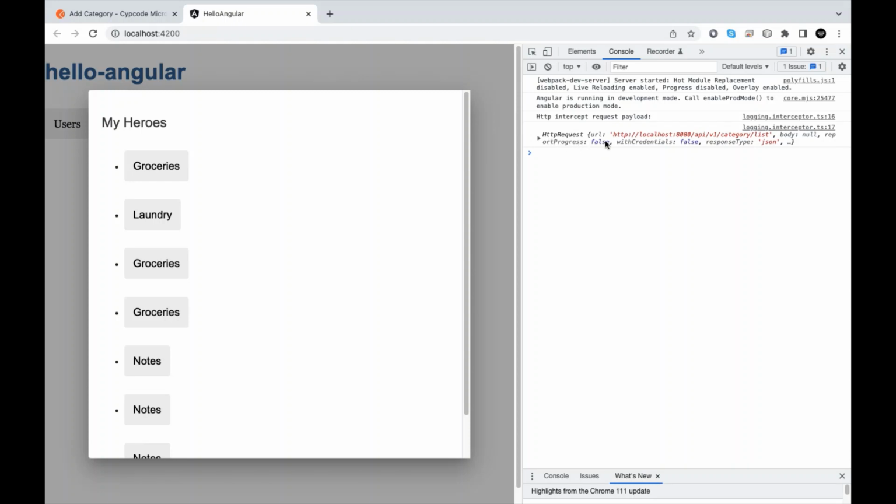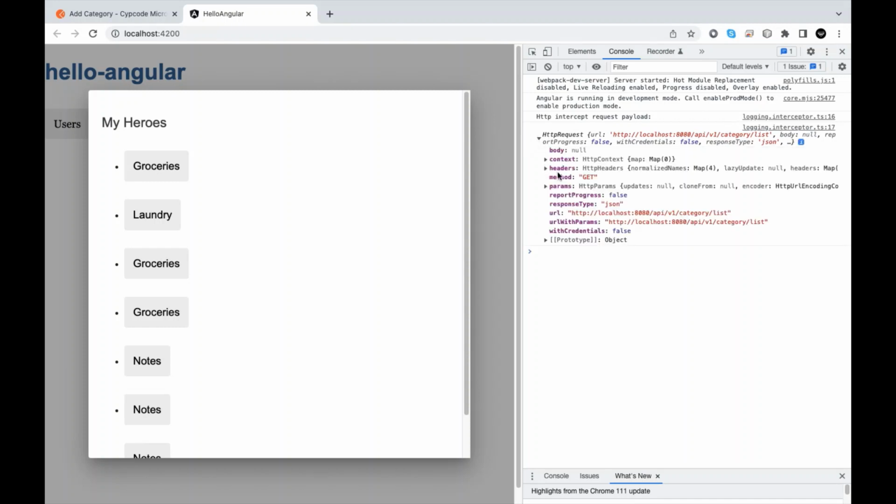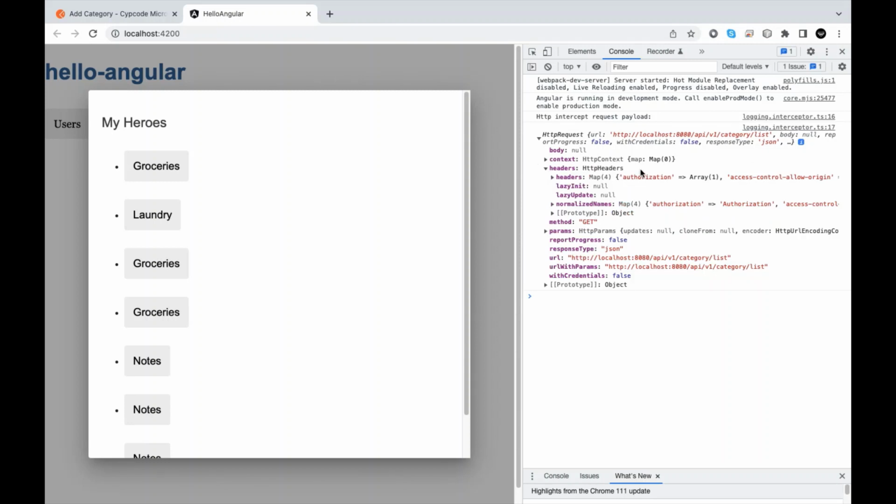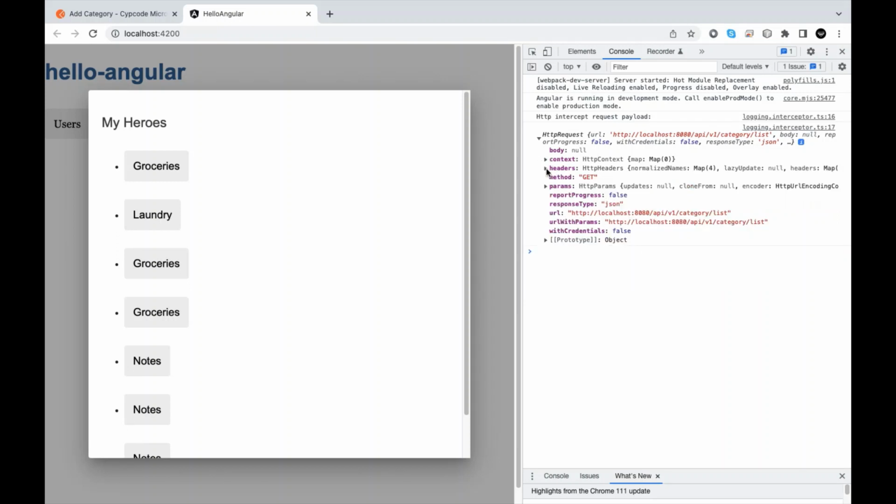So HTTP request, that's the request and the body and everything. So you can see the actual request here. So the headers that were passed in, let's see these headers: authorization, access allow across origin. You see all of these headers that we added on the other interceptors are already there, and the logging interceptor is telling us that this is what you requested, this is everything that you sent to the server,